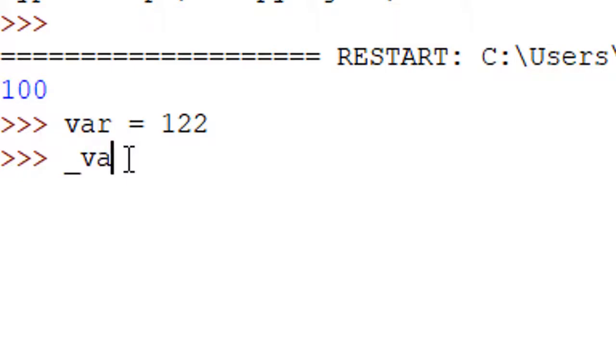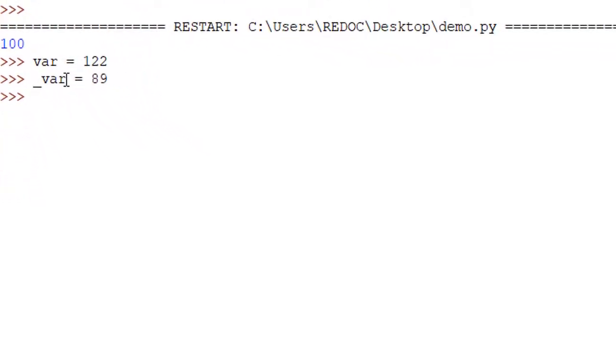Next, if I write underscore var is equal to 89, again it is valid because it consists of four characters: underscore, v, a and r, and all these four characters are valid to create a variable name. First rule satisfied. Second rule, it should not start with a number. Second rule also satisfied. But now if you create a variable name, say 2ph is equal to 123, it will be an error.